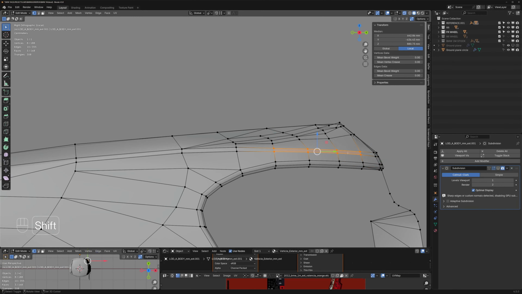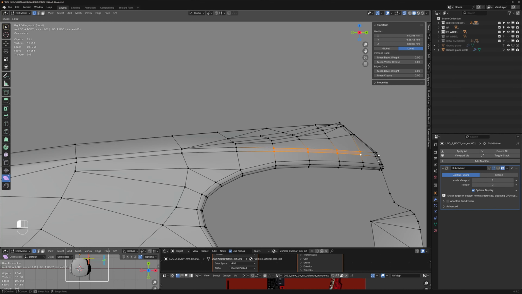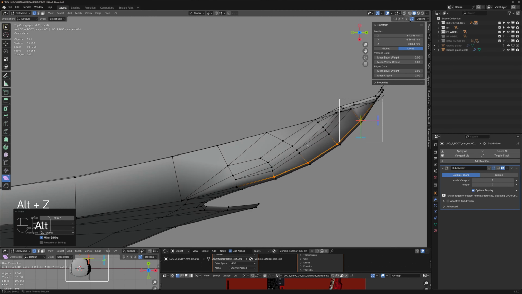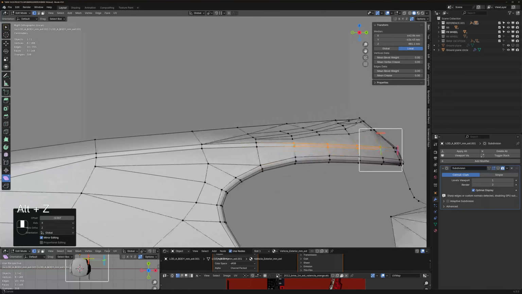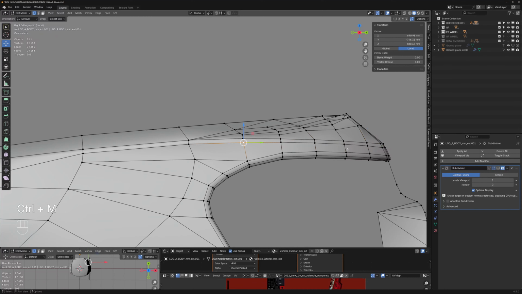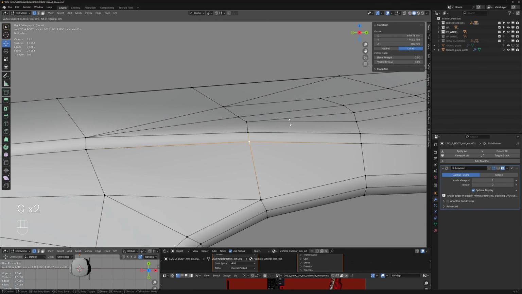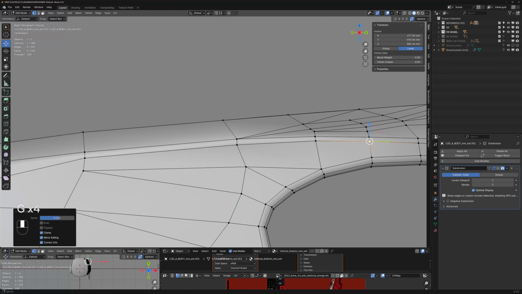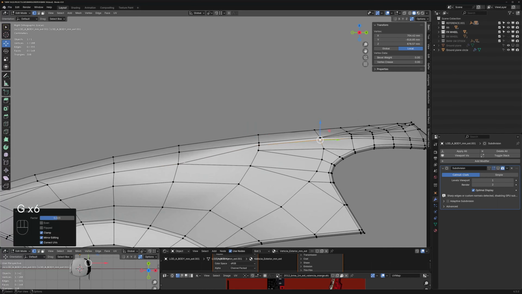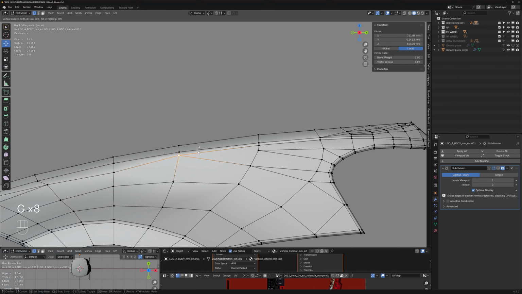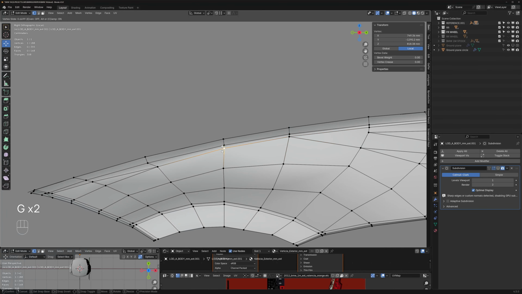So we're going to grab these, and we're going to use the, what's this tool called? Shear tool. So we're going to go up just a touch like that. Looking good in top view as well. Okay, now we can just slide this one up a little bit as well, and then that one. And then let's slide that one up, and that one, move that one over a bit like that, move that one over, and then in top view,